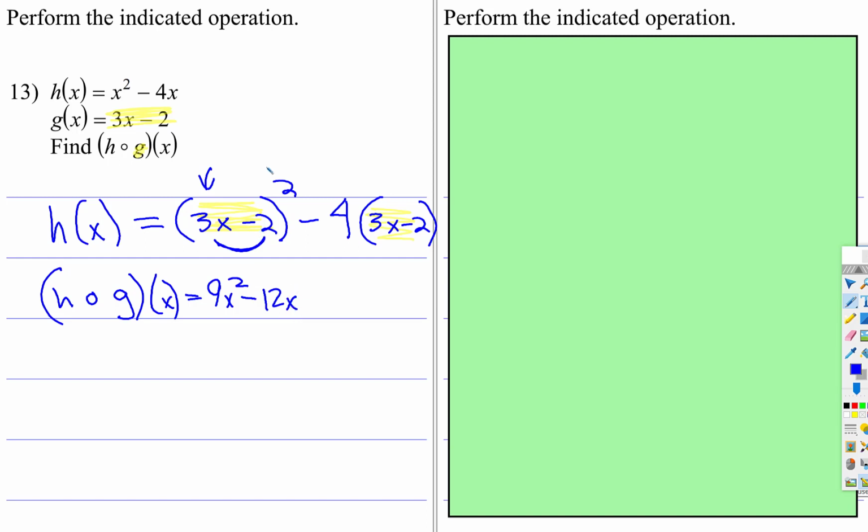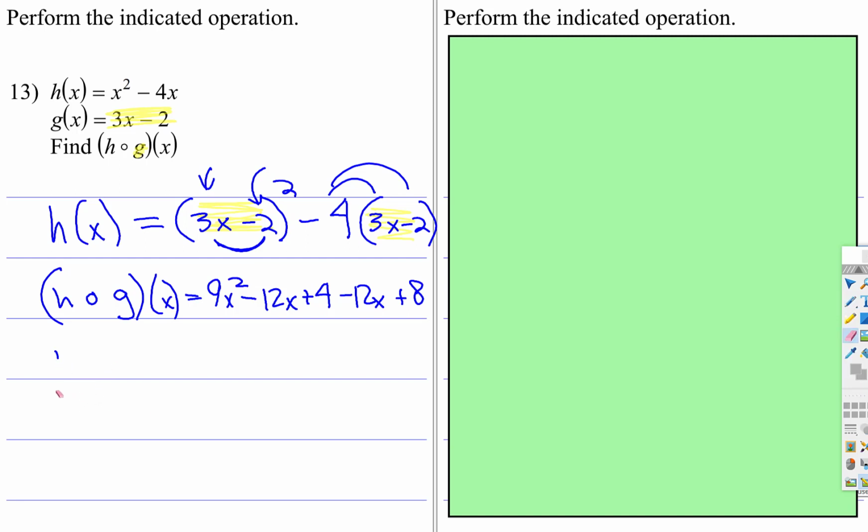And then you square this thing. So negative 2 squared is plus 4. And now you're going to do the distributive. Negative 4 times 3x is negative 12x. And negative 4 times negative 2 is positive 8. And then you, whoops,